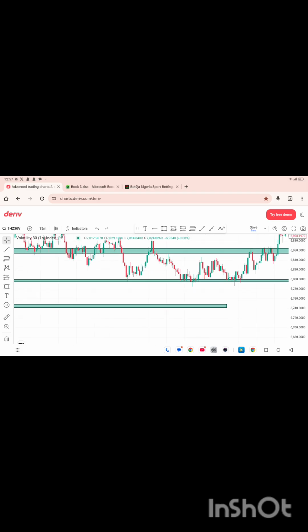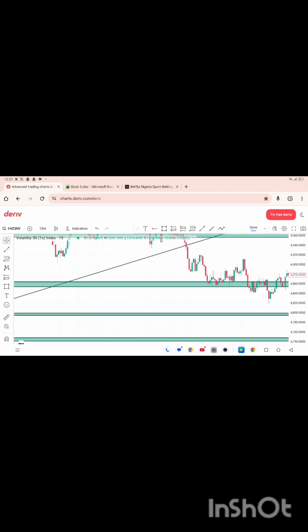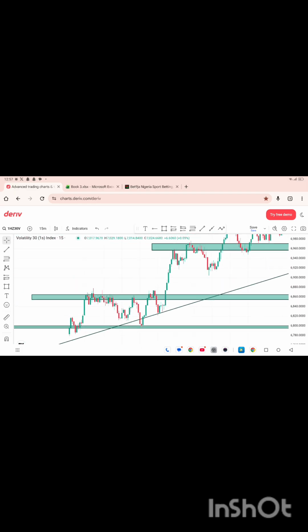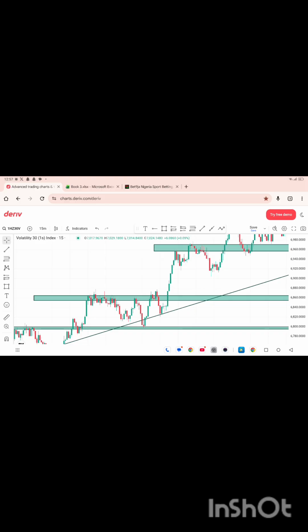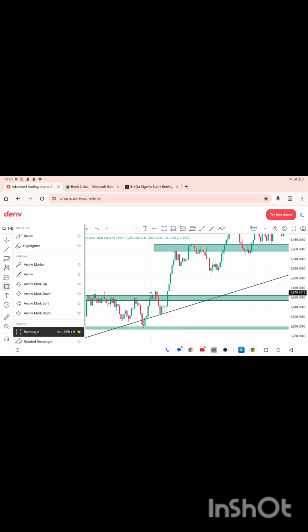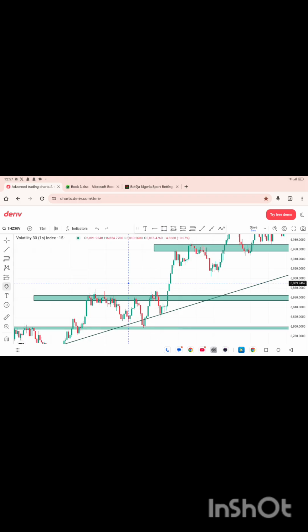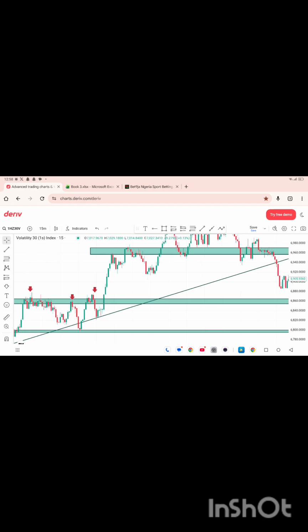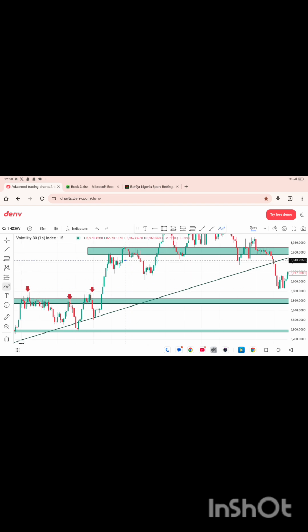So you can see that anytime you get back to your zone, you look for your entry pattern. You had a rejection from your zone. You had a rejection from this zone again. Another rejection here, another one here, and then the market breakout, and then you are waiting for the market to